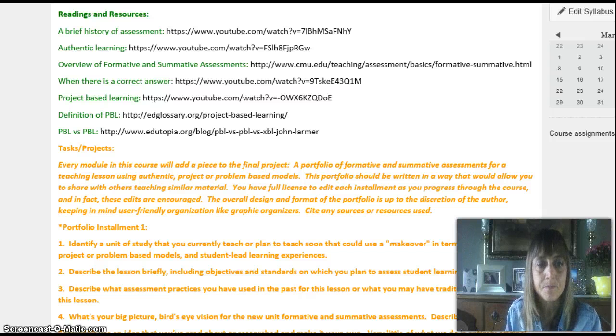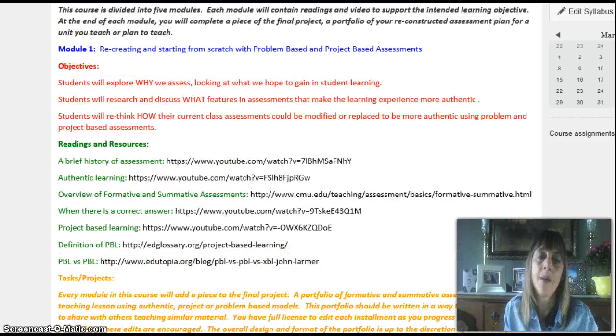we're going with this. Every module is theme-based, and has readings and sometimes videos to go with it. And what we're going to be doing is using those as kind of fuel to our fire. If you look back up at the objectives, I like patterns, like I mentioned earlier, and we're going to look at why. And as we explore the why, we're going to be looking for the why in the readings. As we start sort of framing the why for us, the what will come into play, and that is to say that